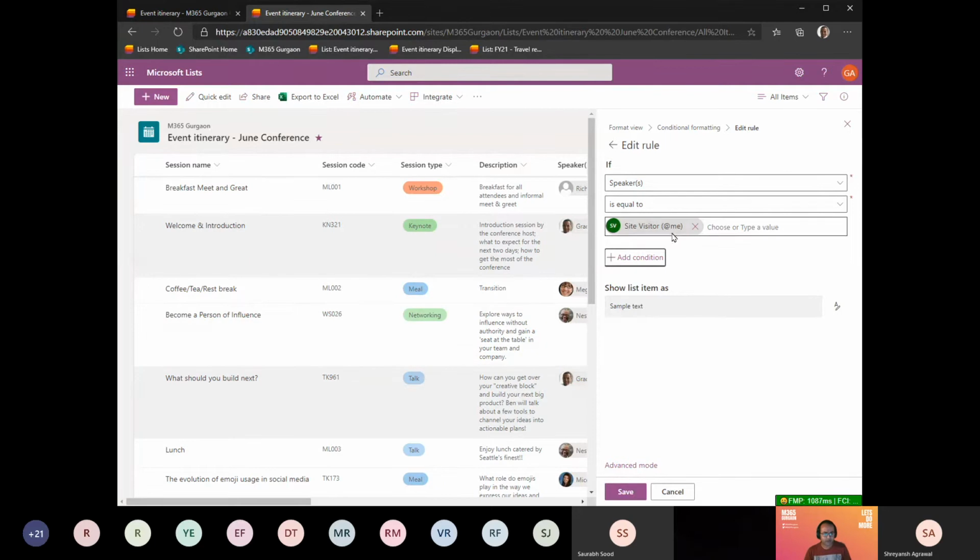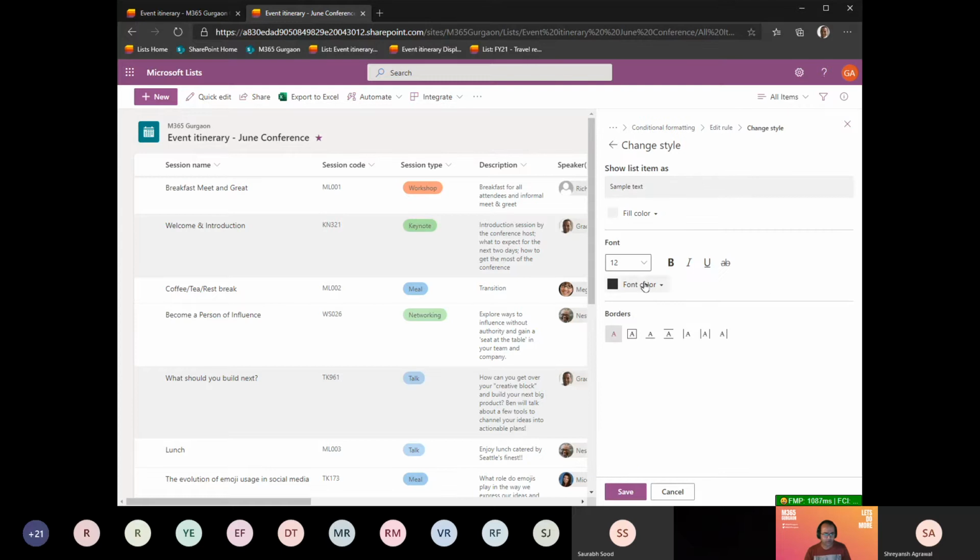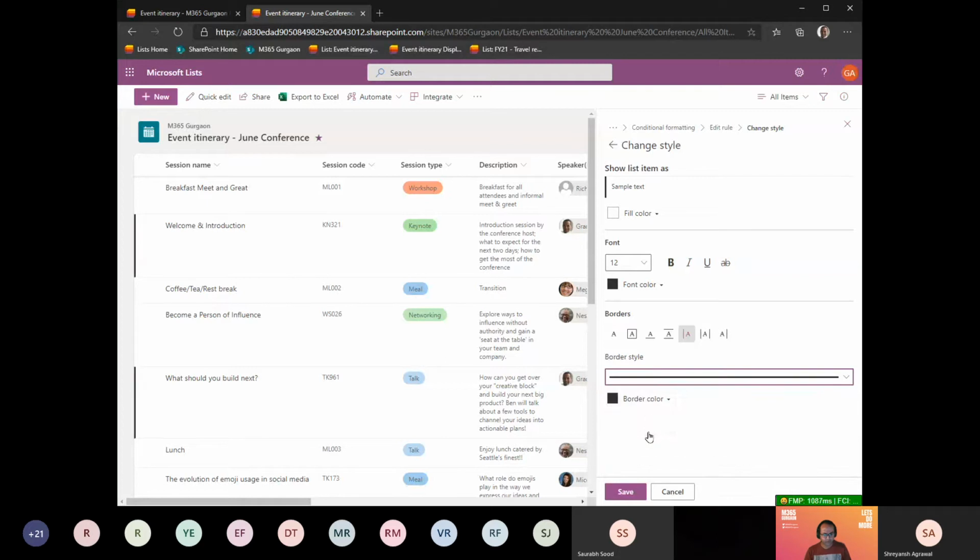So in this case, I have used the @me token that is available in the custom formatters. And I'm going to give a little bit of a nudge, not too much highlight here. So I'm going to remove the background color. I'll add a left border, make it a bit thicker. I think I prefer the red color, so I'll add that here.